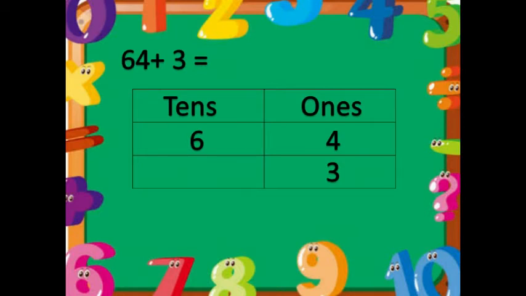So do we have numbers to place in tens? Okay, no, we don't have. So we can start to add the numbers. So we should start at ones. So 4 plus 3 is equal to 7. So next, we will proceed to tens. So we have here 6, nothing but the 6. So all we need to do is bring down the 6. So it means 64 plus 3 is equal to 67.